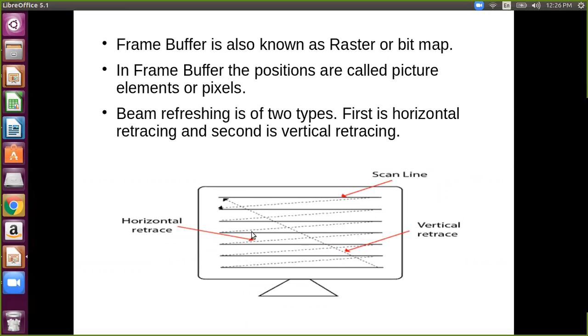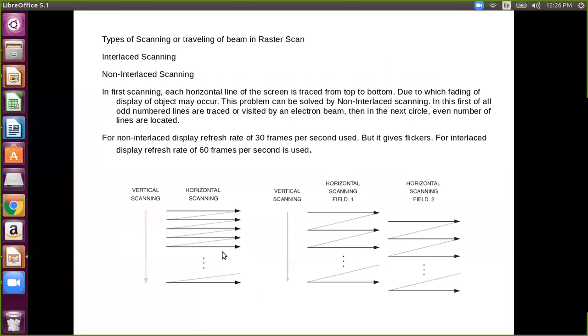What we can do is leave one line between the first and third, and again between third and fifth, leaving the fourth. That means scan the first, then move to the third line, then retrace and move to the fifth line. That means we are not using the second or the fourth. One line we are not taking into consideration, like this.